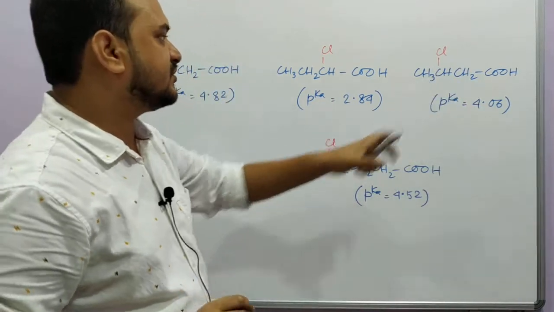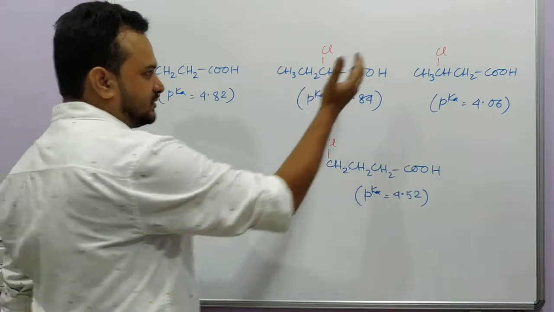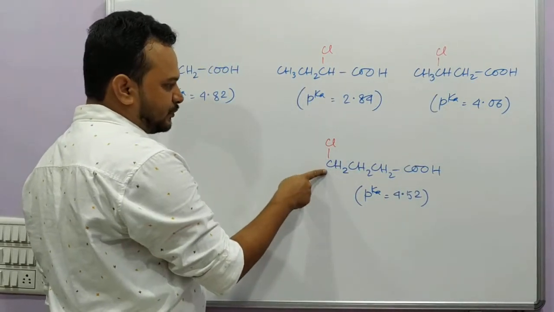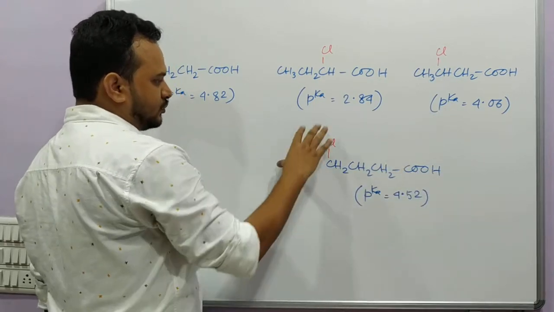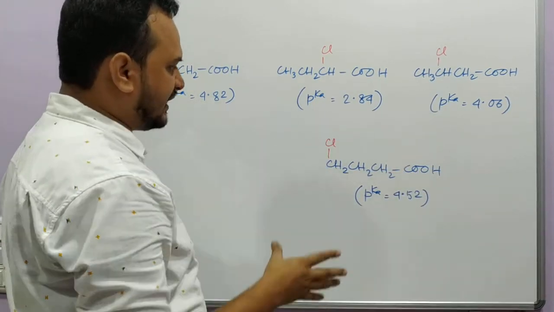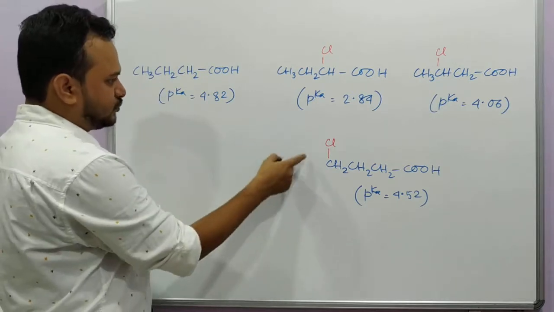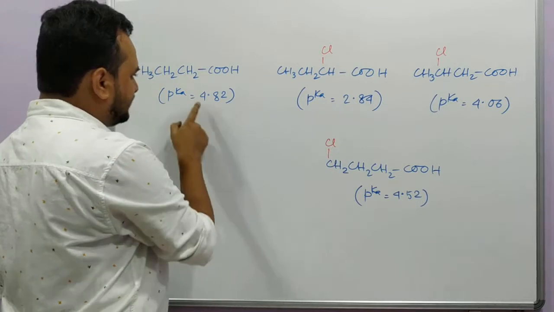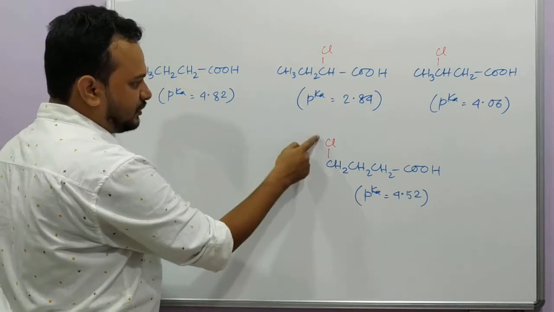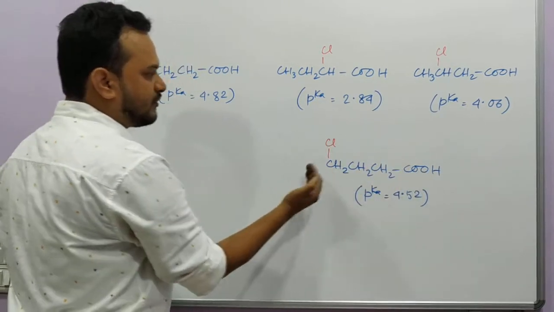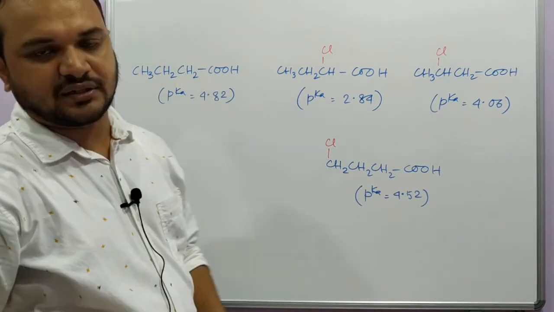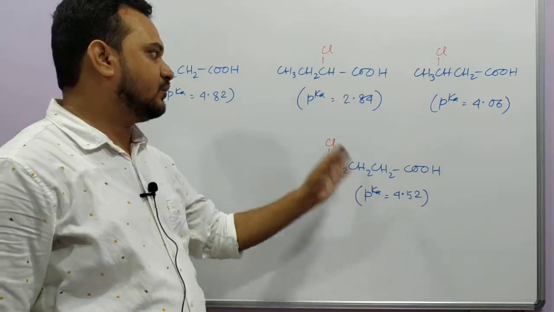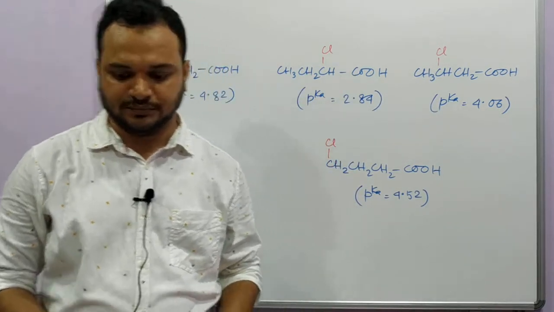That is, the acid strength is decreasing because the distance of chlorine is also increasing. And then we put the chlorine at the gamma position, far away from the carboxyl group, so its inductive effect is not that prominent, and you can compare these two. Though I have put an electron withdrawing group, still there is not much difference in the acidic strength because this halogen atom is far away from the COOH group. So inductive effect diminishes with distance, and that can be seen from the experimentally obtained pKa values also.